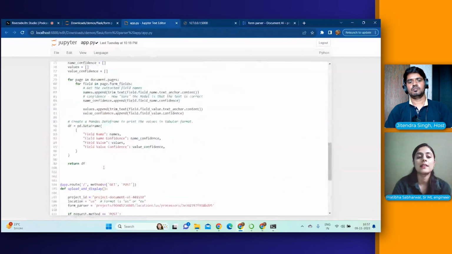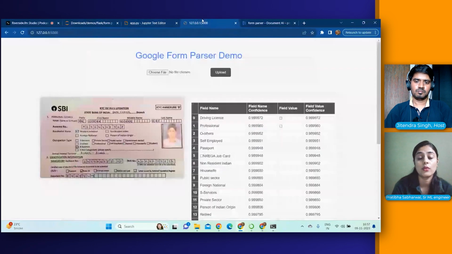But it doesn't take quite a lot of code to do this, because at the end again we are making use of the API and it is doing the work for us, so we don't